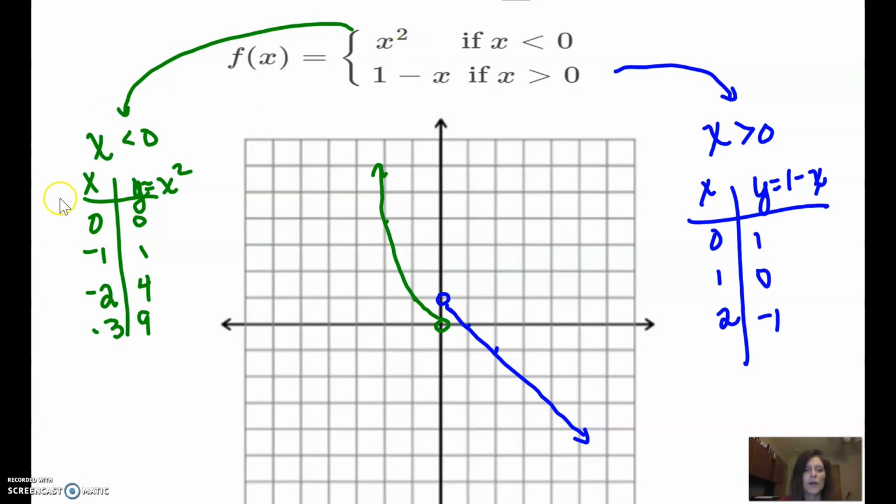So when I have x squared, I'm going to go ahead and make my chart again. I'm going to start with 0, and I remember it's less than 0, so I'm going to go to -1, -2, -3, plug those in and get some ordered pairs. Then I'm going to come over here and plot. I can't do the (-3, 9), but that's okay. I've got enough to get the shape. Then I take this other rule and remind myself this one I'm going to use the positive x's, and I put that into the formula, the 0, the 1, the 2, and this time I get a line and it goes down to the right. Let me know if you have any questions.